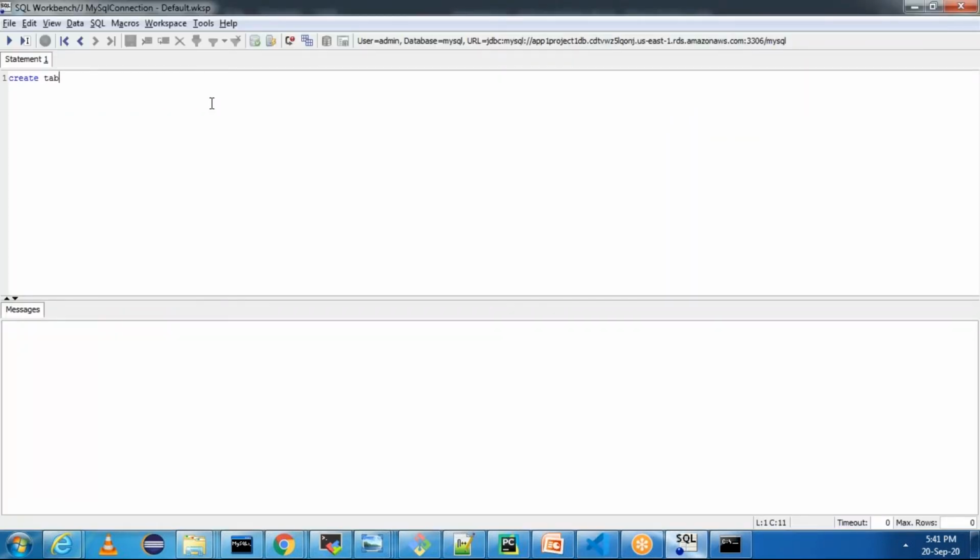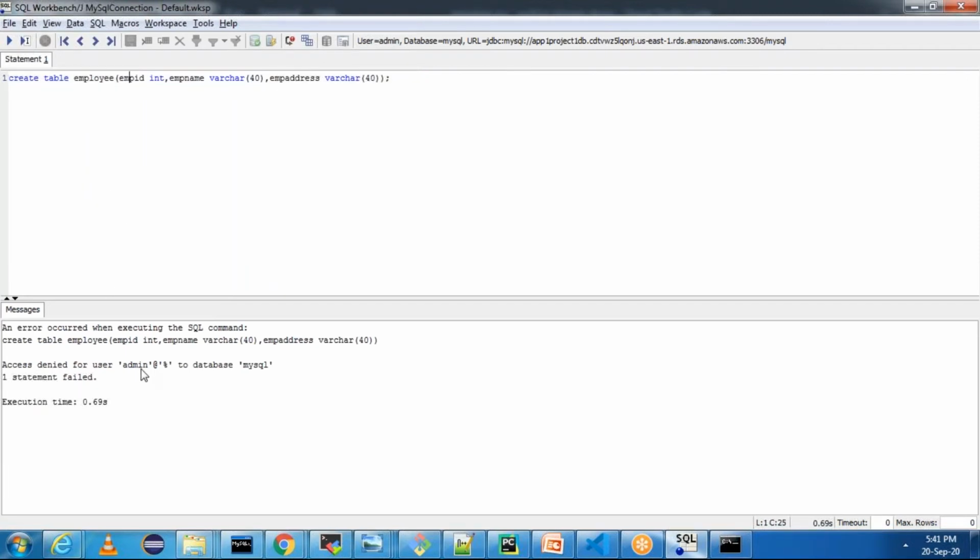Create table employee, employee ID int, employee name varchar of size 40, employee address varchar of size 40, and run this query.